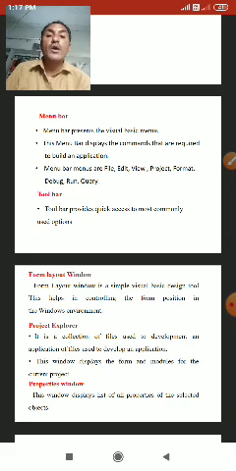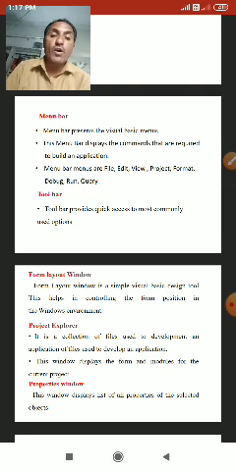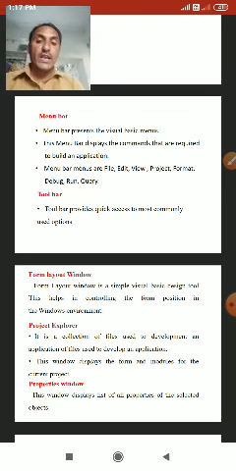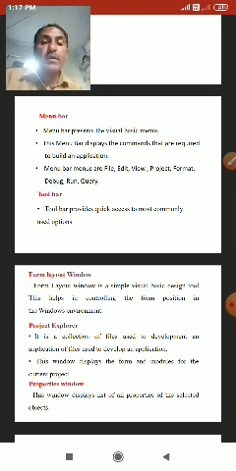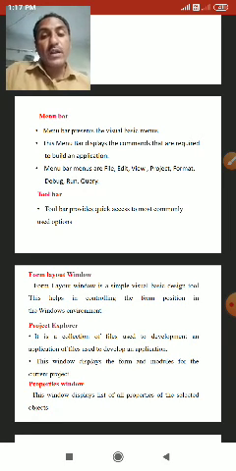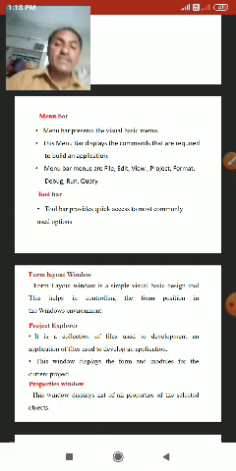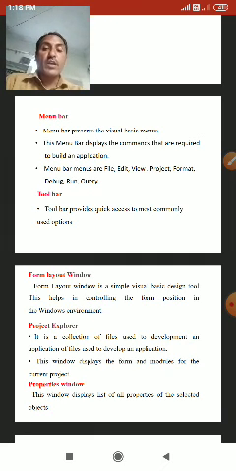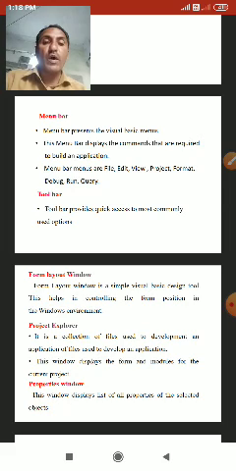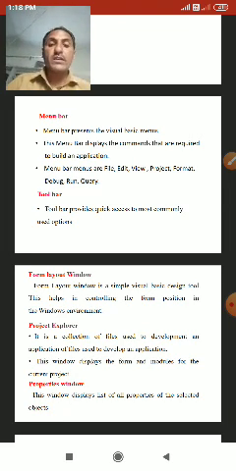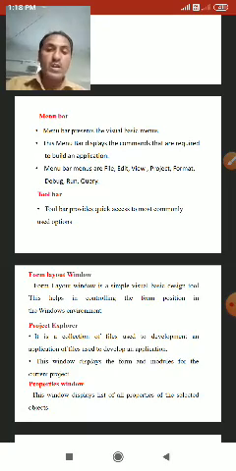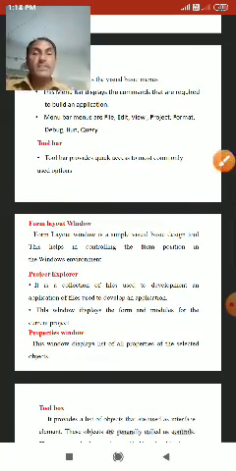Debug is for errors; run is for runtime errors. So this is the menu bar with its options: file, edit, view, project, format, debug, run, and query.